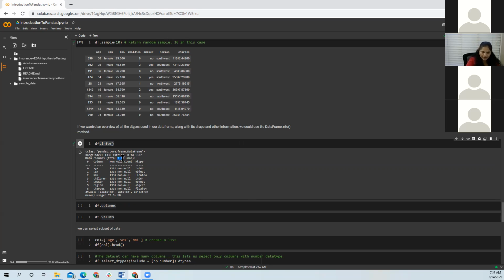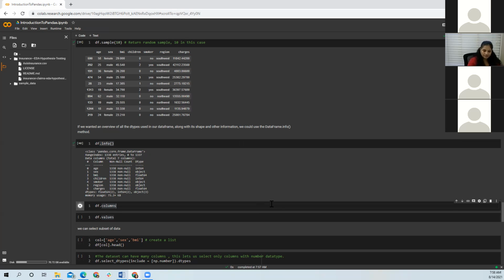It will show there are 7 columns. Then the names of the columns and whether they are non-null, and the data type. Right now, we don't have any missing values, so you can see it is showing 1338. In case there are some missing values, it will be less than 1338. There are ways to check missing values. We will come to that later.